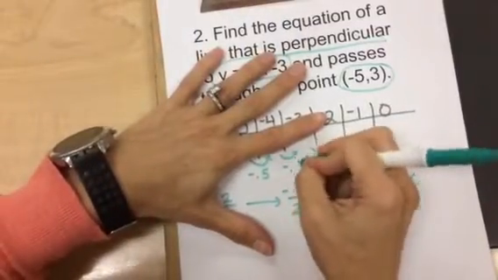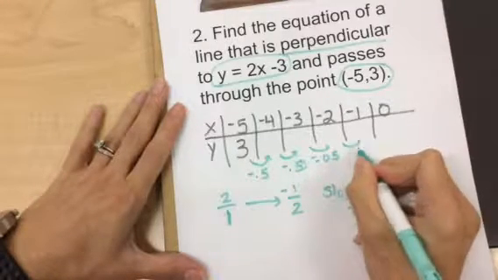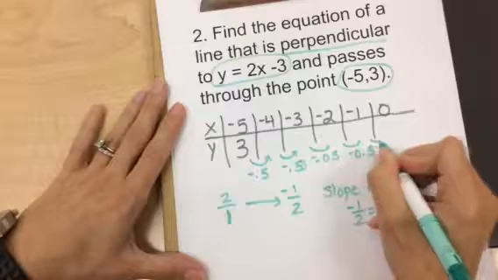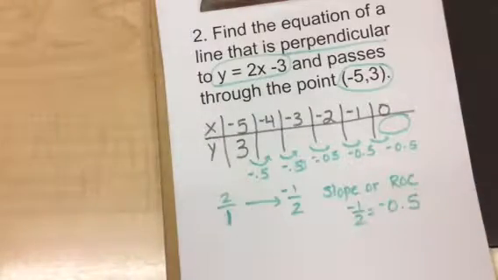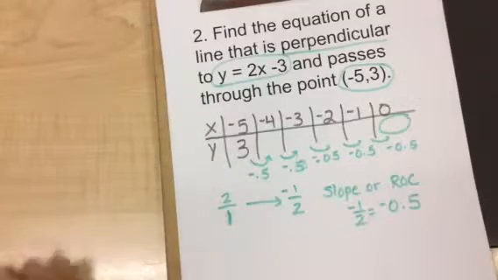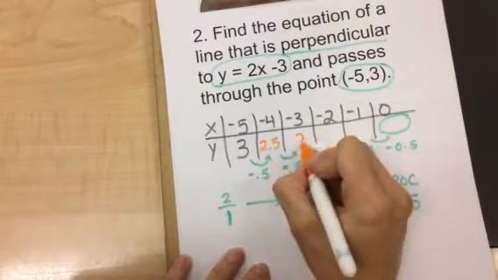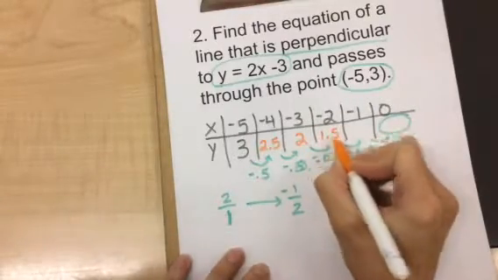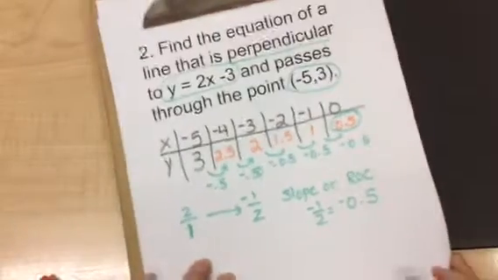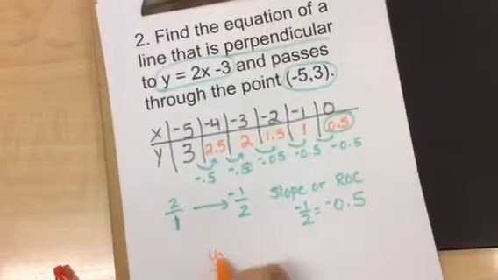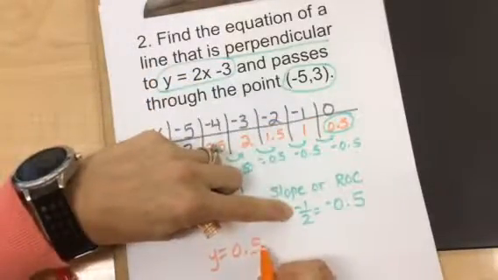I'm going to subtract 0.5 each time, because my goal is to get to right here, because that's my start number when I'm writing my equation. So I have 2.5, 2, 1.5, 1, and 0.5. So my new equation will be y equals my start number, which is 0.5, minus, you